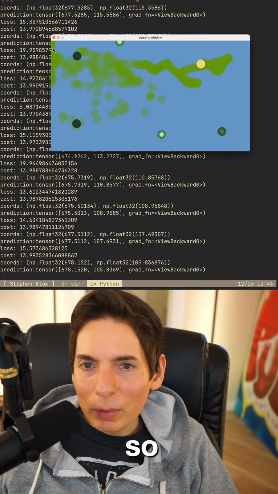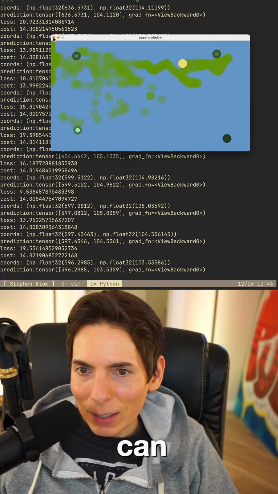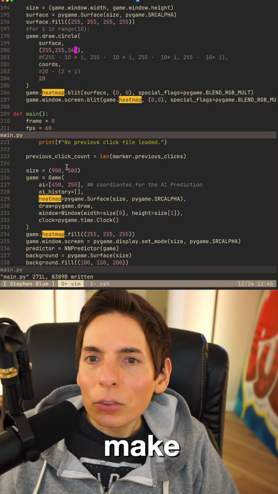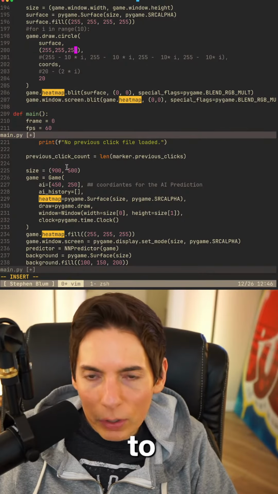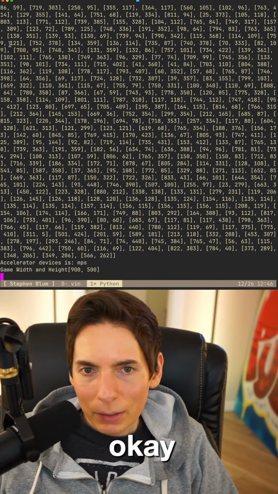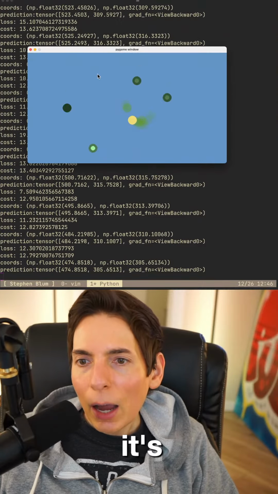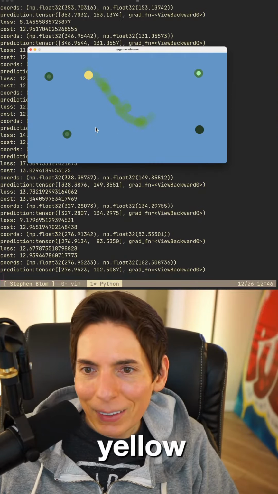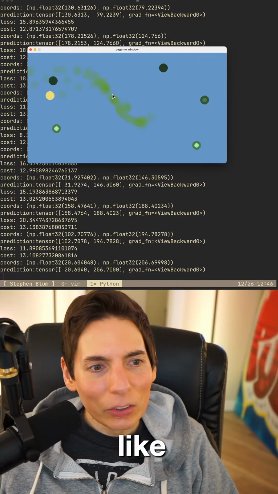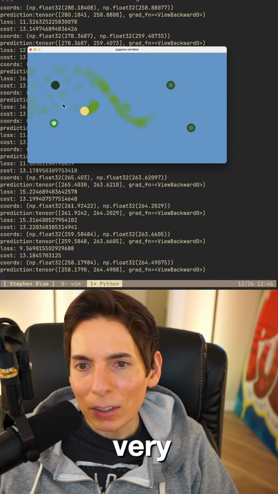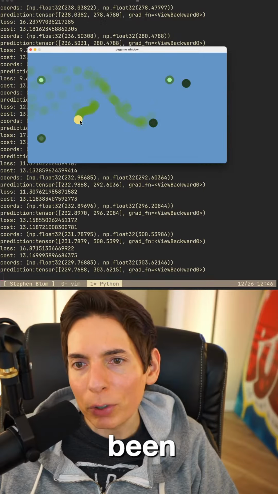All right, so now we can manipulate things. Now we can really get down to business. We can make this a little bit brighter, so let's go to 250. Now it will be very neat to see. This is going to look good. So now it's green. I would like to make it yellow. Yeah, there you go. You can see where it's very faint, and where it's been very frequently, it gets darker.